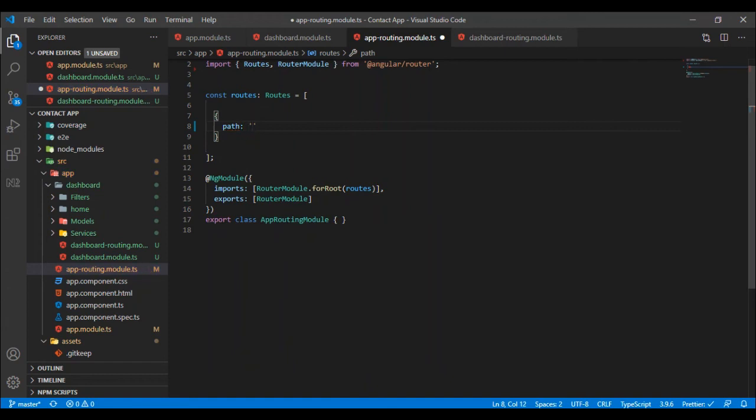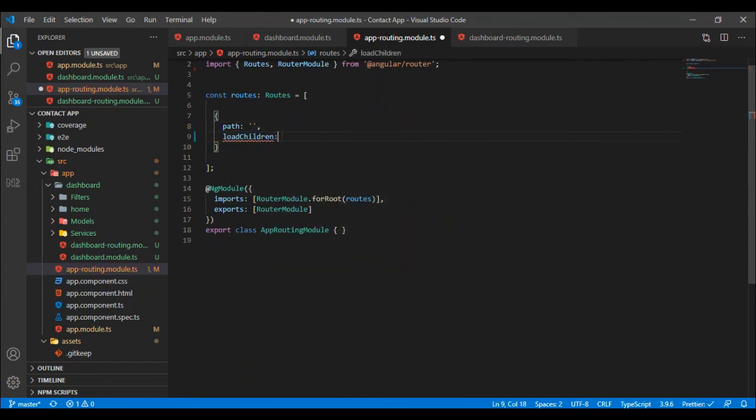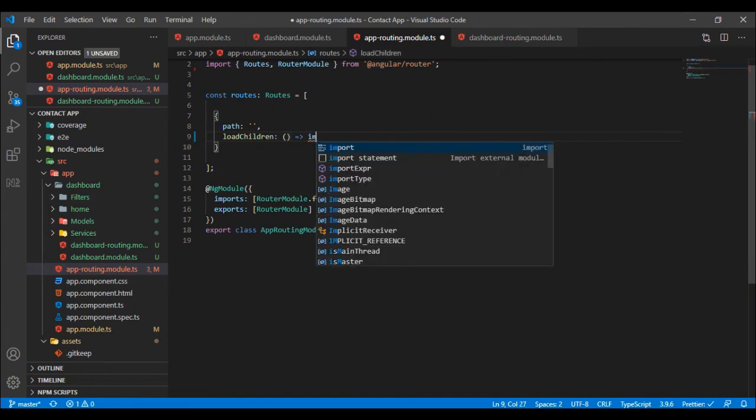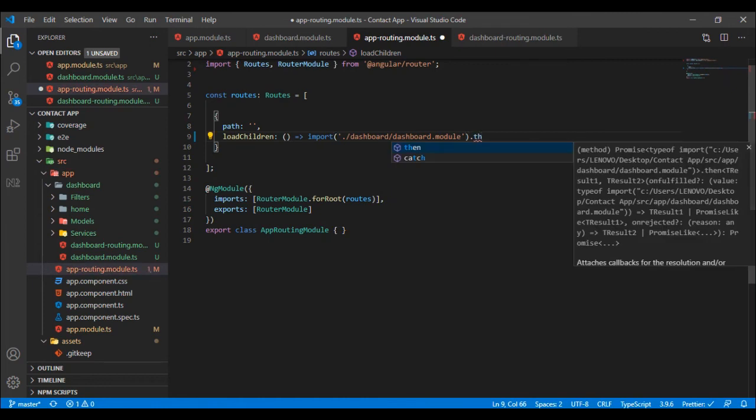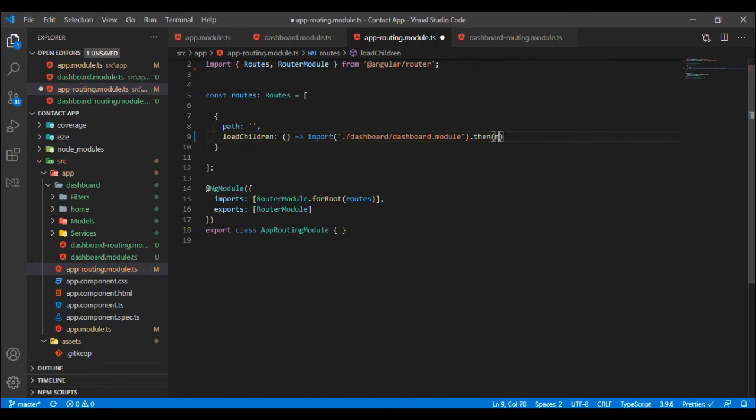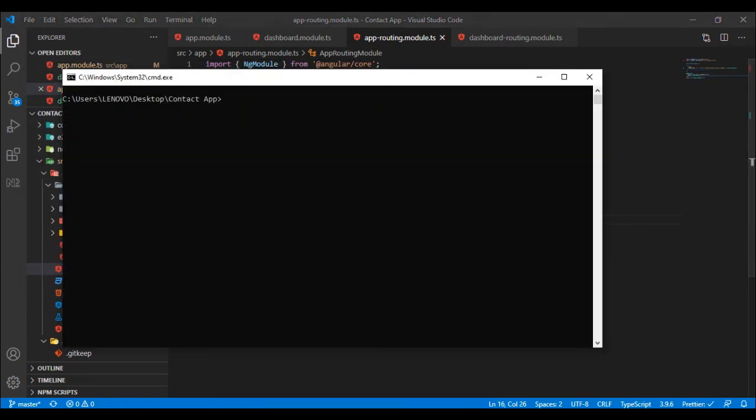So here it goes. You specify the path, then we say loadChildren, then comes your import statement, then awesome. Now we'll quickly run ng serve,